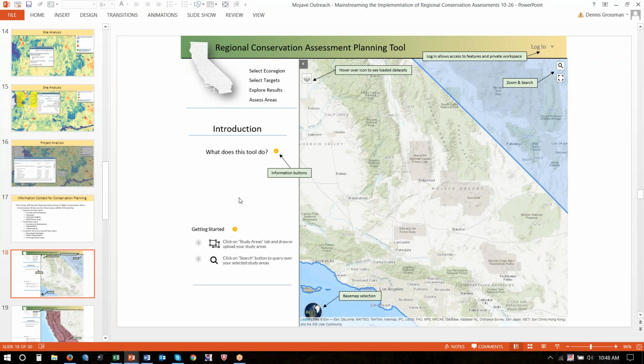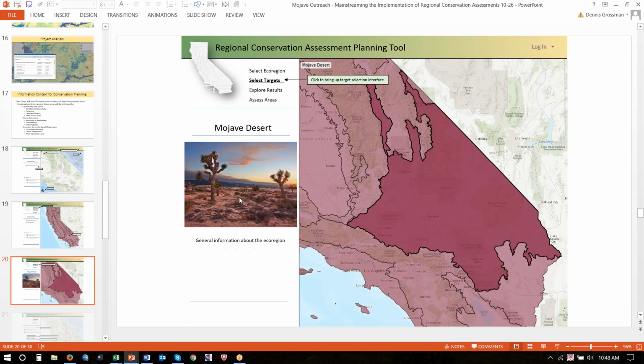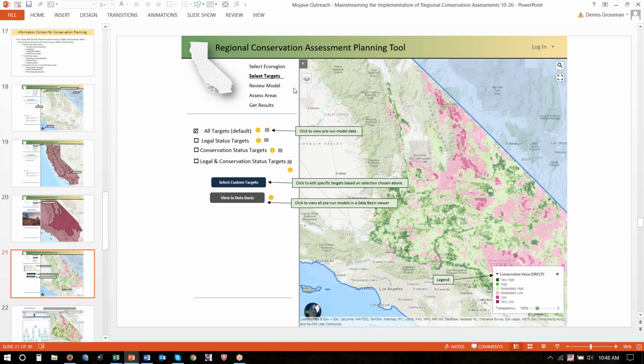So this is work in progress, but just to give you an idea of the interface that we're working to create to allow people to interact with this data. I'll only point out things that we haven't talked about. Basically one will be able to jump into ecoregions and select an ecoregion, and then we have, and this is new and important to this discussion, 4 different products that people can zoom in on and just see the conservation values associated with those.